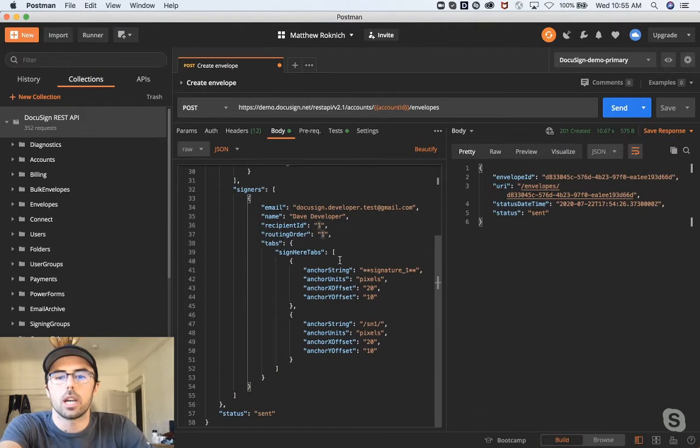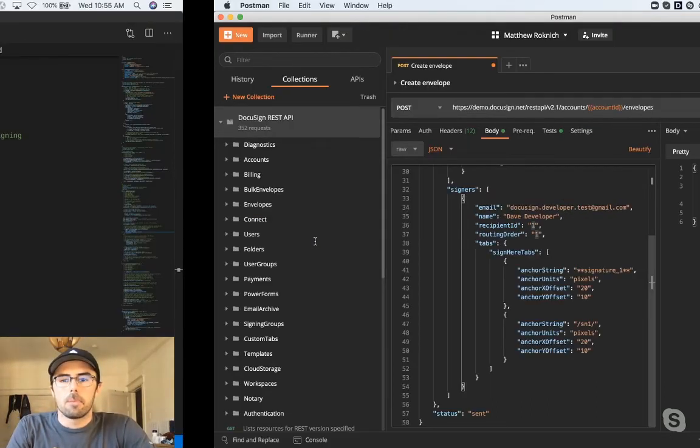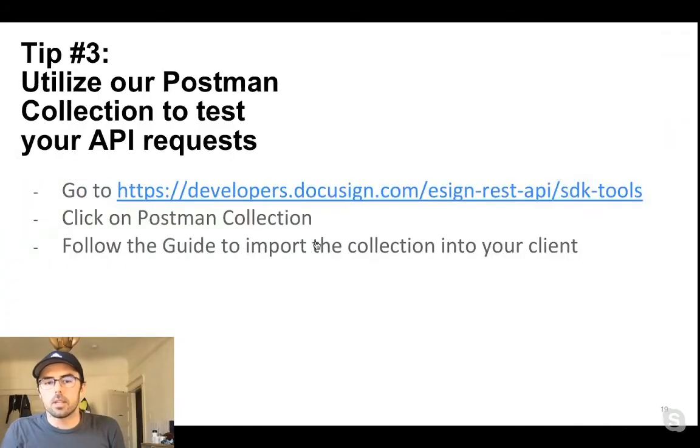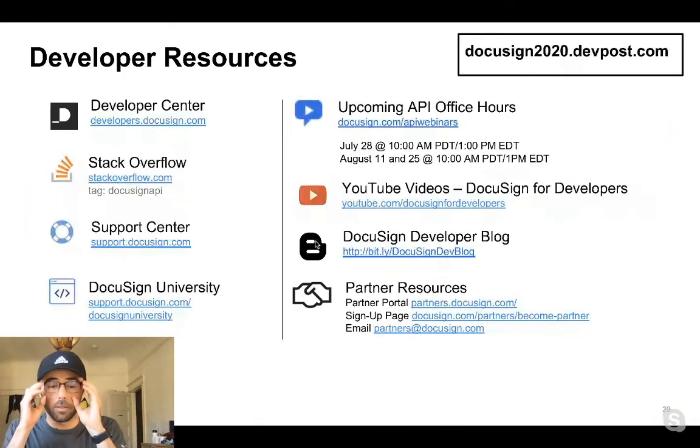Let me just check my slides once again. In terms of developer resources, we have a number of them, and this is a very, very important slide because I condense all the resources and give you a quick TLDR on what's really useful. Namely, the Dev Center. Dev Center is the one-stop shop for everything. We have guides, code examples. I've shown you a little bit of Dev Center, but there's a lot more.